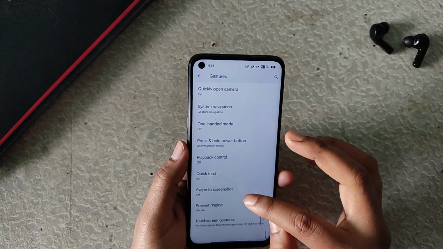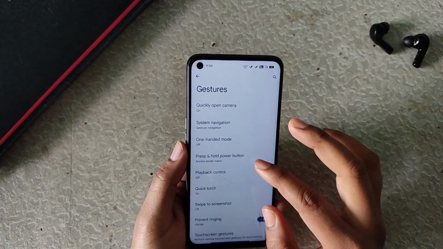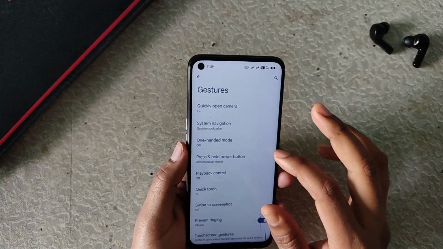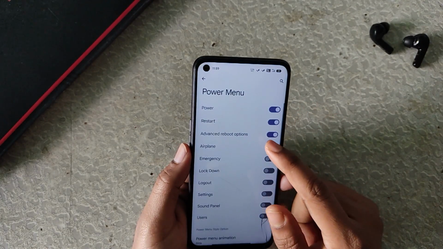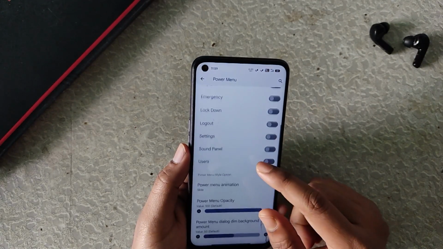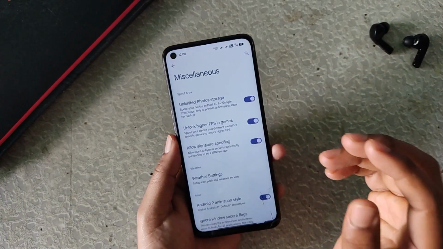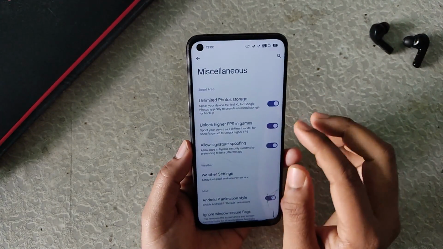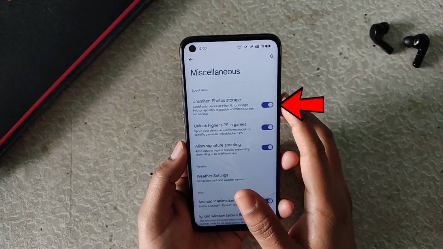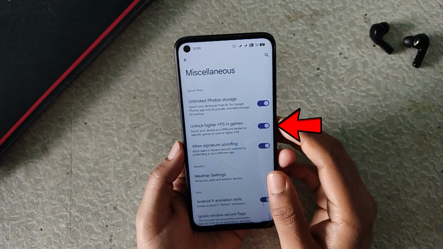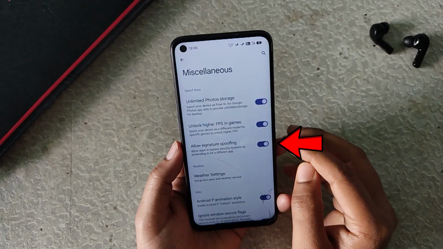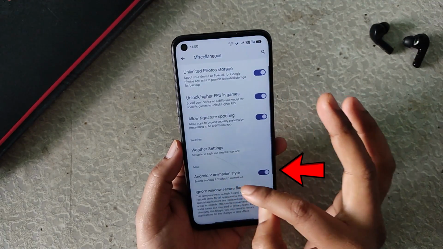Then we get the swipe to screenshot, touch screen gestures, playback control, one-handed mode, and quickly open camera. Now in power menu, we get the advanced reboot options, which is an essential option. Now in general, we get miscellaneous, and in miscellaneous we get the most of it. We get the unlimited Google photo storage, the unlock higher FPS option in games, allows signature spoofing, Android P animation